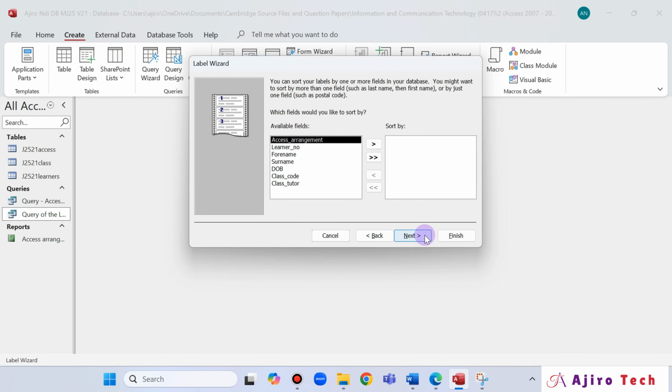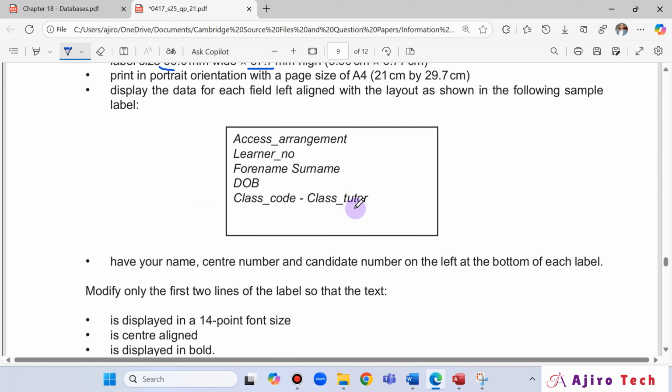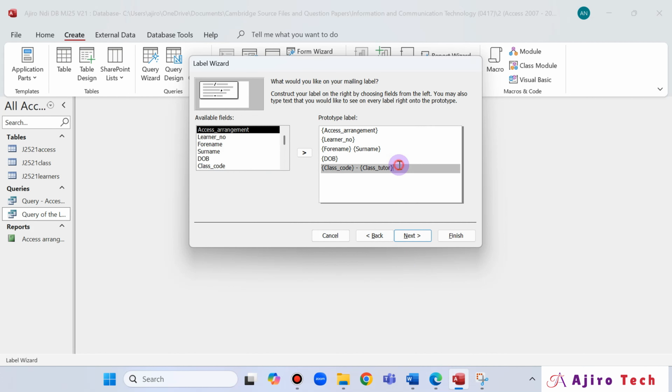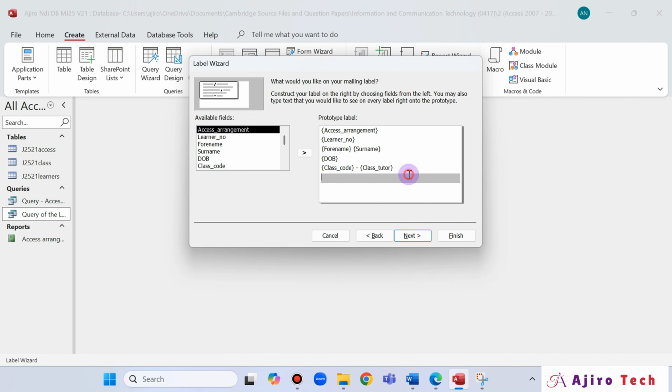So next, what are we sorting by? We've already sorted, so we're not sorting by anything. Display the data for each field, left align, with the layout as shown in the following sample. Has your name. Let's go back. Has your name on the left at the bottom of each label. At the bottom of each label. So name here,